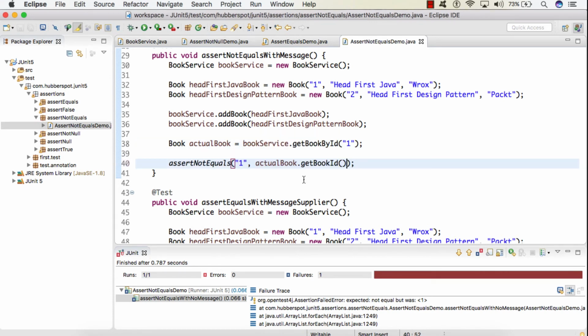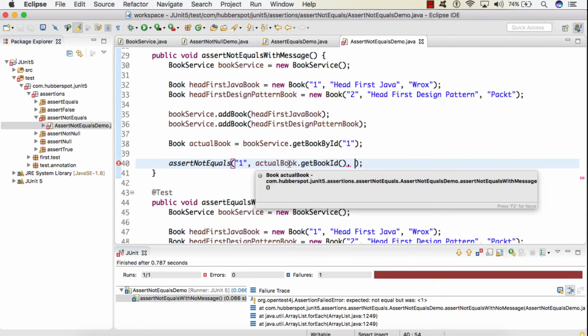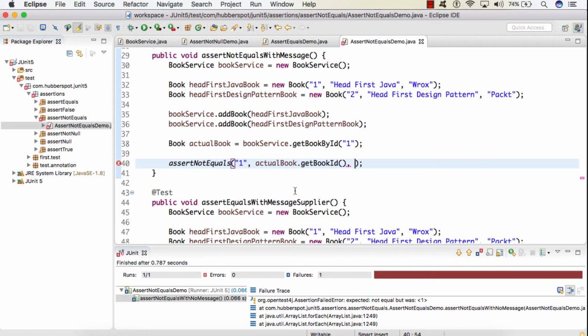So the third parameter to this assert not equals method is the string message, which gets printed whenever our test case fails. So our test case will fail when the actual value is equal to the expected value. So here we can give a customized message, let's say we give a customized message as book ID matches to expected value.